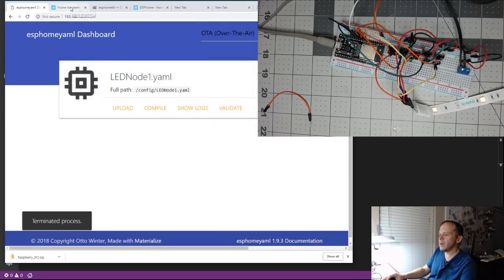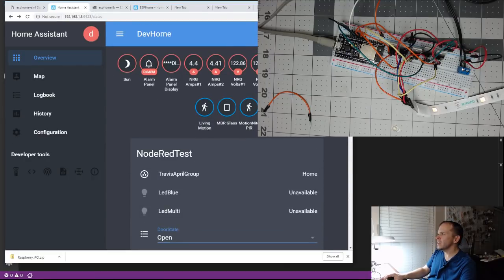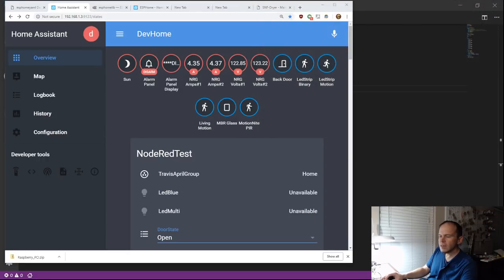I bet you if we went back to Home Assistant, you'll see it in the top. Yeah, you see the little man spazzing out in the top right-hand corner. Let me move this out of the way.